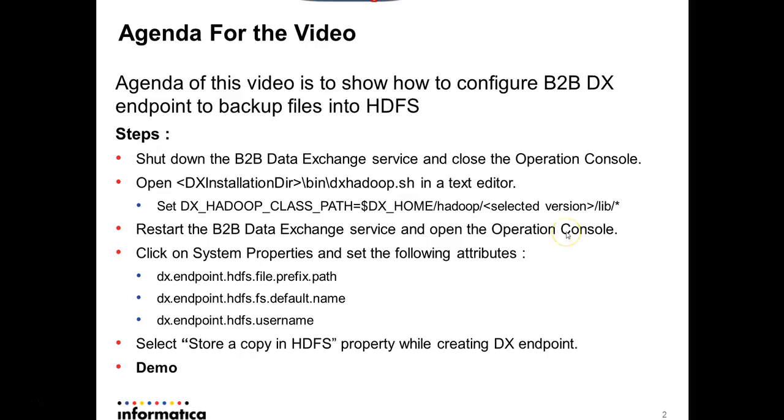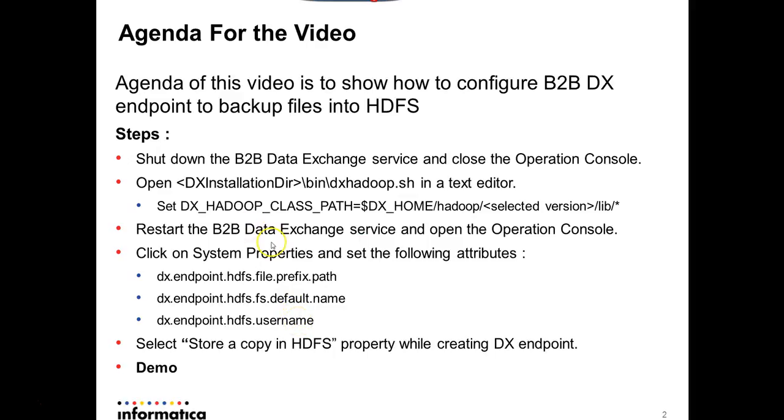In the operation console, when you log in, click on the system properties and set these three attributes which are related with HDFS. So first thing is DX endpoint HDFS file prefix path. This will point to the path where you want to save the backup files. Second is DX endpoint HDFS FS default name. This is nothing but the Hadoop server name, your name node. And third is your HDFS username, the user using which you will log into your Hadoop system. So once you set these three